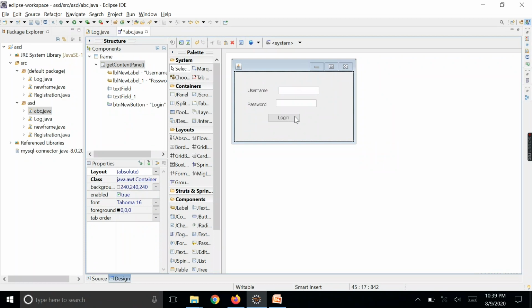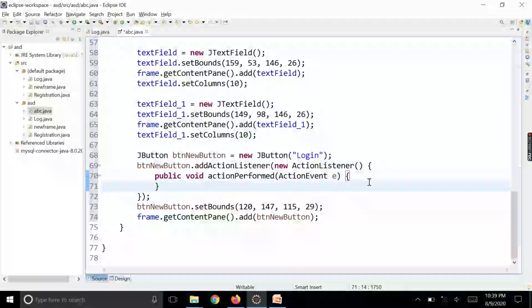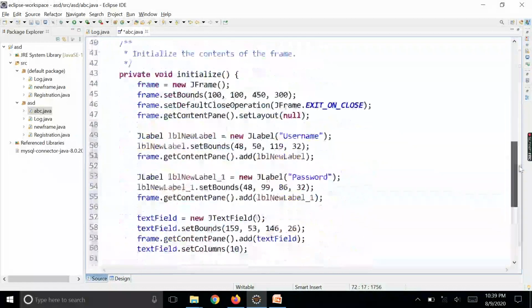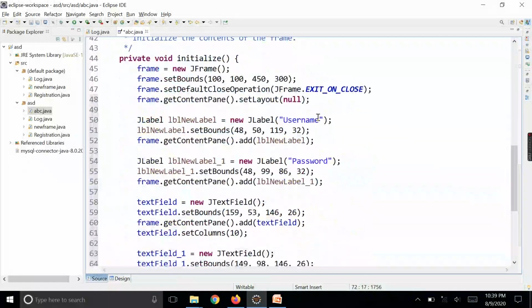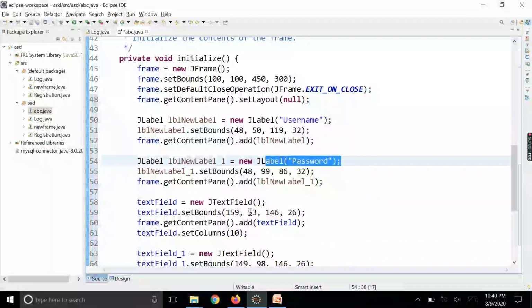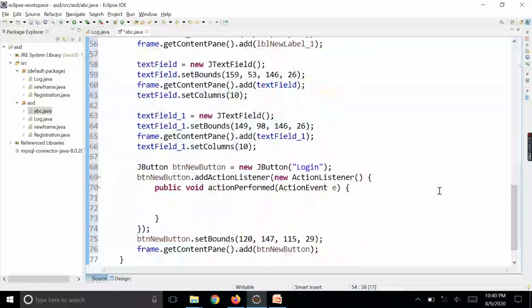So what we are going to do is write something here. If I double click on the button, it will enter into the code. If you see, all the code is created, based on what labels you have created: the username, the password label, then the dimensions of the text fields, set bounds properties used. So it is x1, y1, x2, y2, all the dimensions of the text field, similarly dimensions of the labels, similarly dimensions of the buttons, and then the name of the button. So everything is created.